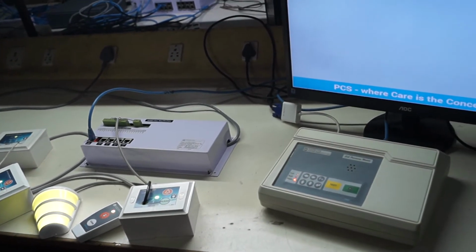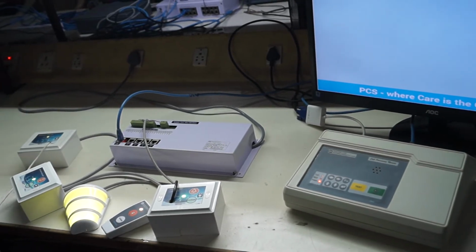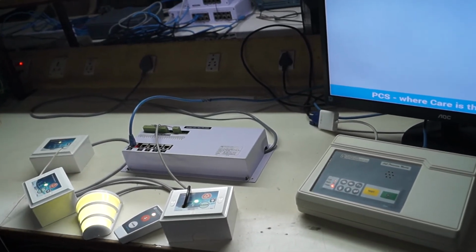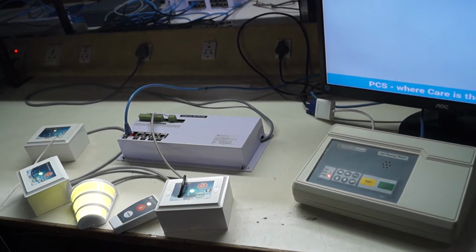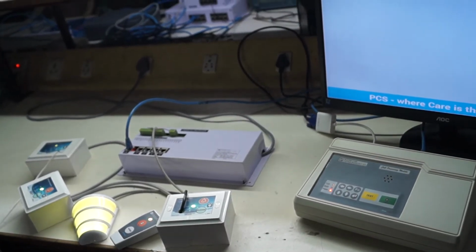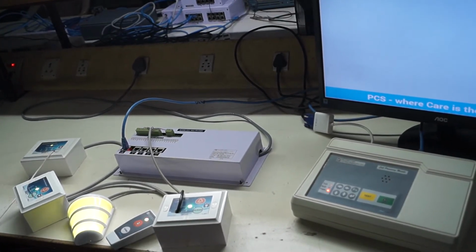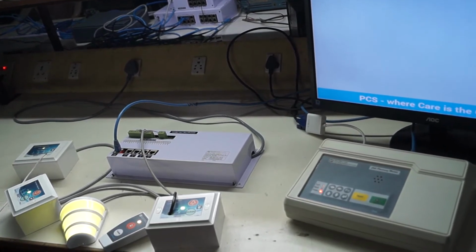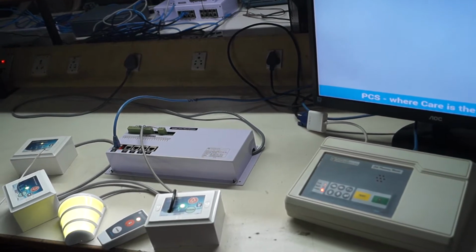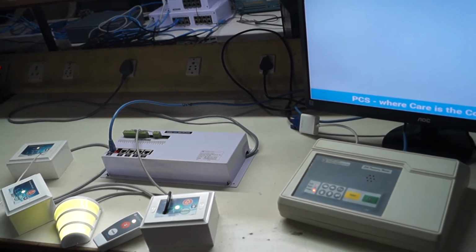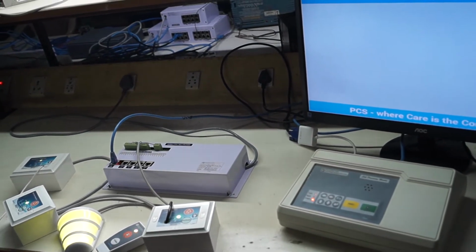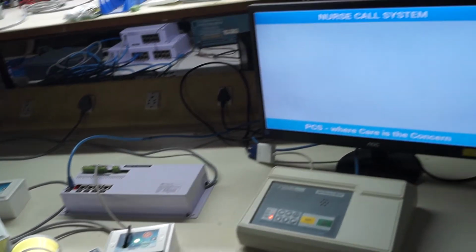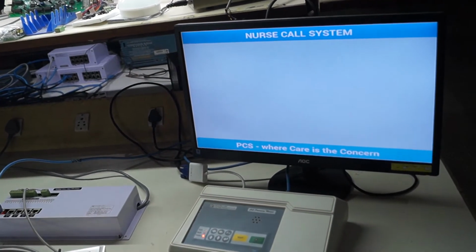That is, in case you have equal number of beds and the toilets, then you can have basically 48 divided by 2, that is 24 rooms can be connected if all the rooms have got their own independent toilets. Otherwise that also can be configured as another calling point. In case we don't have any toilet units at all, then it can be connected to 48 bed calling units.